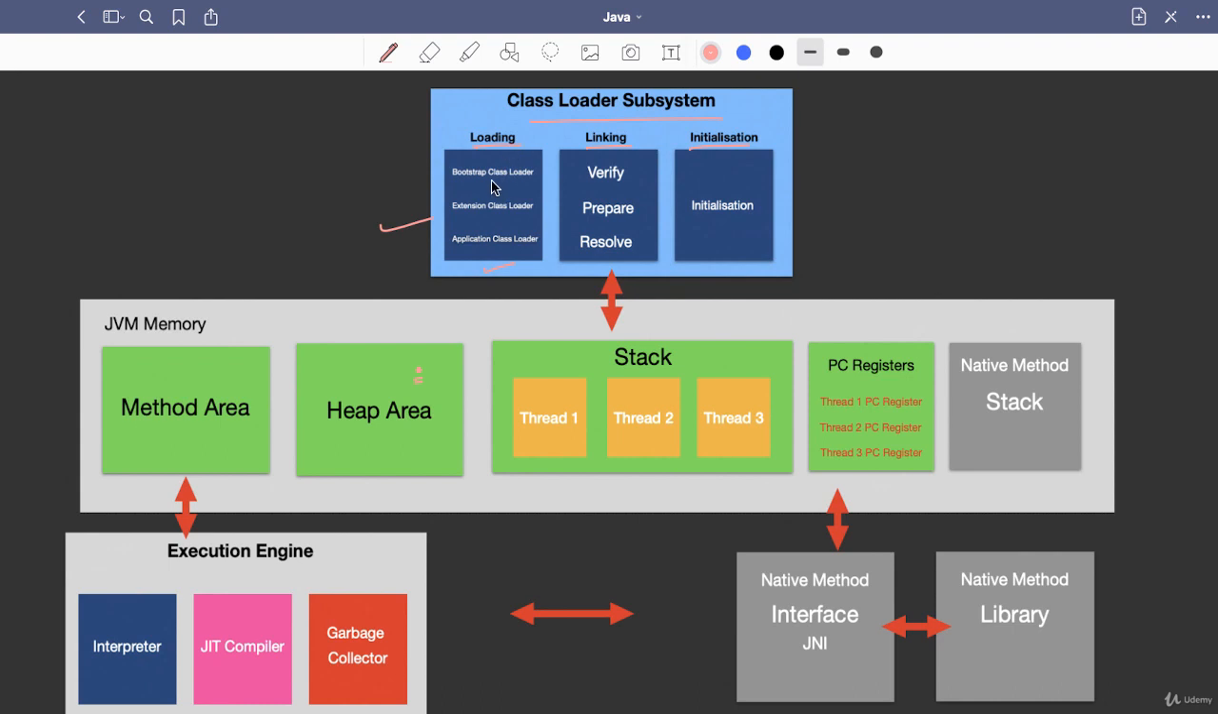So loading has three parts again. There are three types of loaders. One is bootstrap loader, and extension class loader, and application class loader. I will explain these. See, application class loader will load those classes that belongs to our application. Means our own program when we write, and if we write our own classes, those will be loaded by this